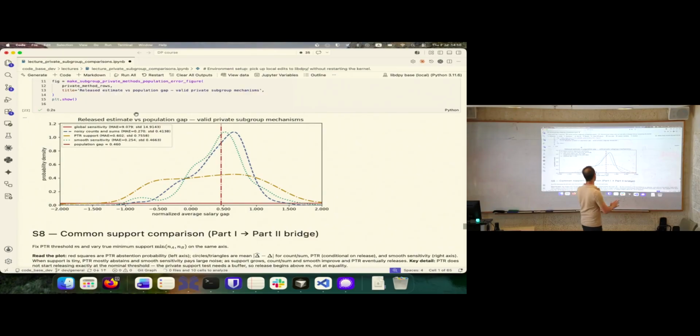So you see all the distributions. Sorry, there are four distributions here. This is the estimate versus the real distribution using four valid methods. Method one is using the global sensitivity, and this is this line here. That's so terrible, it's orders of magnitude larger. And all three are the noisy counts, meaning estimating the sensitivity directly, the propose-test-release, and the smooth sensitivity, and they look about the same. But they look the same.